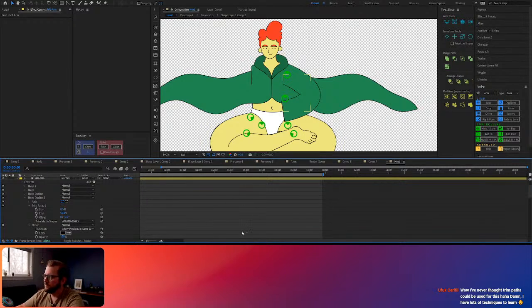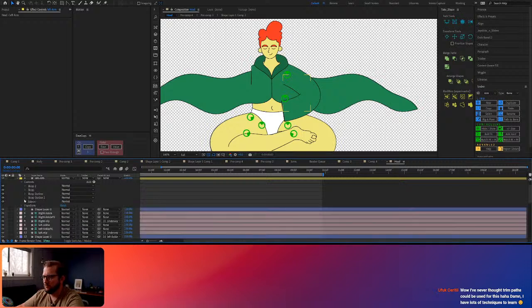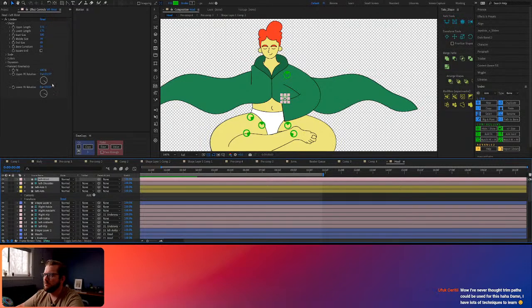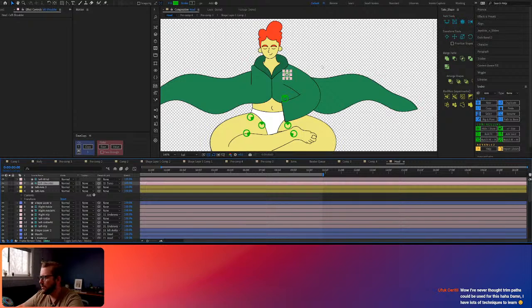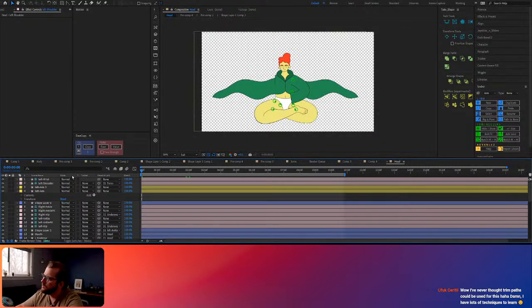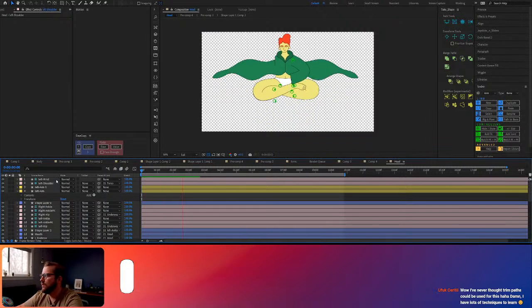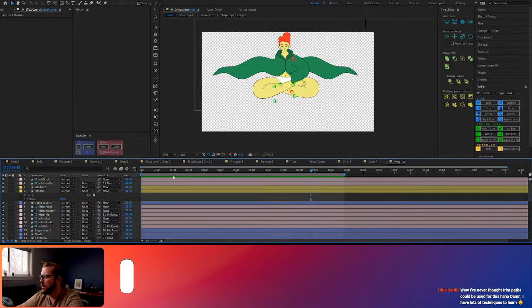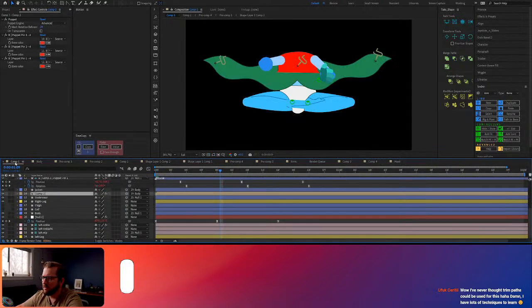All right. Now, make sure that the shoulders parented to the torso. And I'm going to see what happens if I just go over,